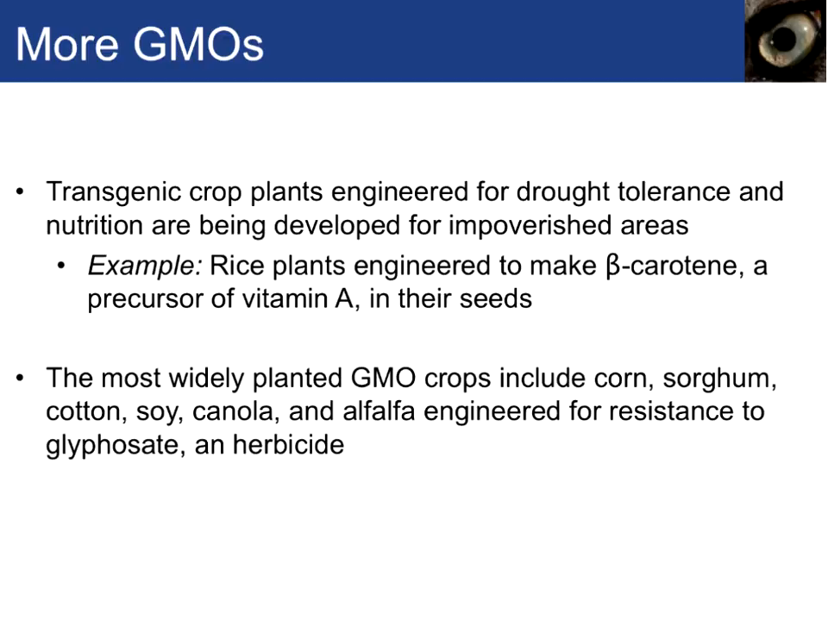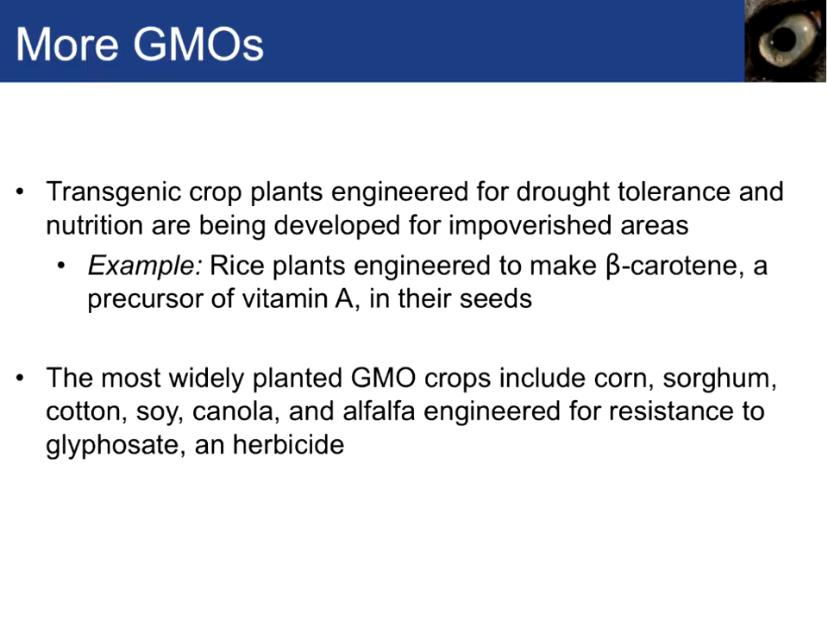So transgenic crop plants engineered for drought tolerance and nutrition are being developed for impoverished areas. In countries in Africa where there are consistent droughts, this could help millions of people eat. Also, vitamins can be added, such as rice plants engineered to make beta-carotene, which is a precursor of vitamin A in the grain. More than 2 million children die every year from vitamin A deficiency, and this crop would